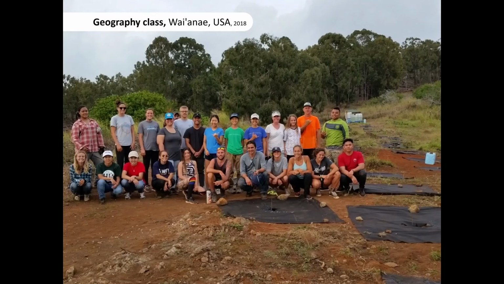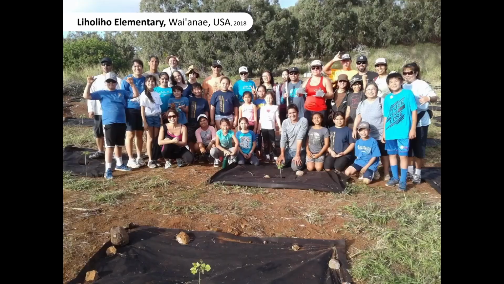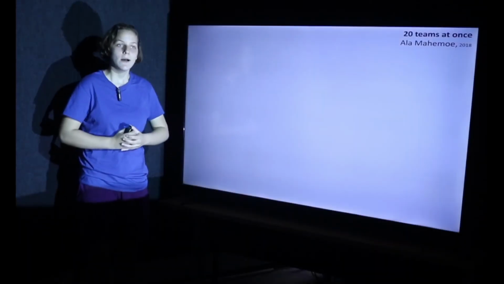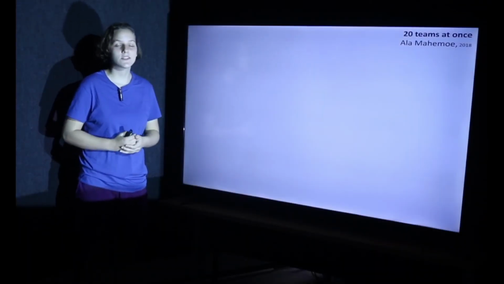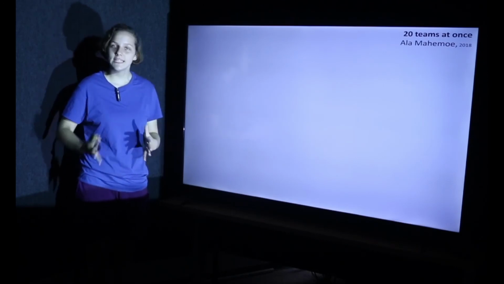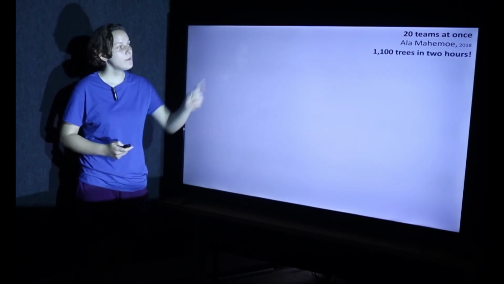We worked with my dad's geography class back in 2018, Liha Elementary School. Now we get to some of the groups, Evans groups, Tom group, and so on. So let's move on next to our big planting back in 2018. We had 20 teams at once at Alamahimoi. We were able to plant